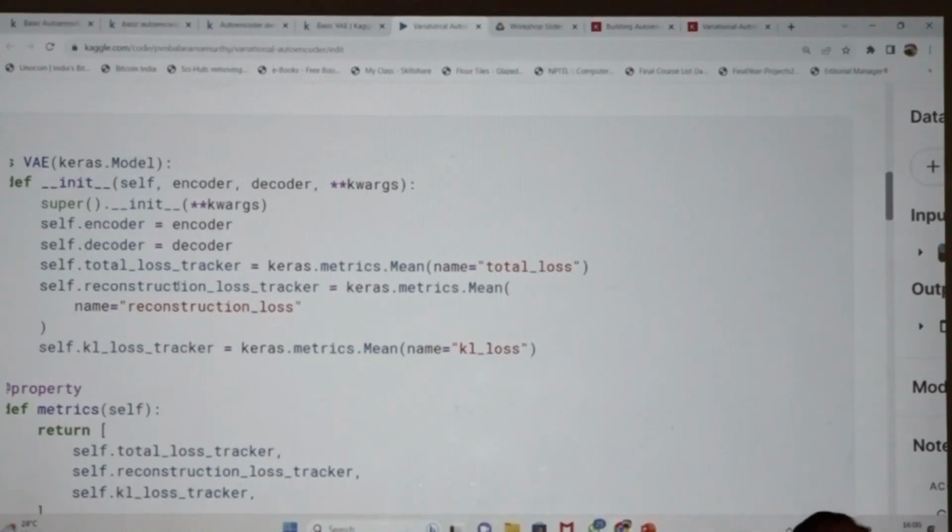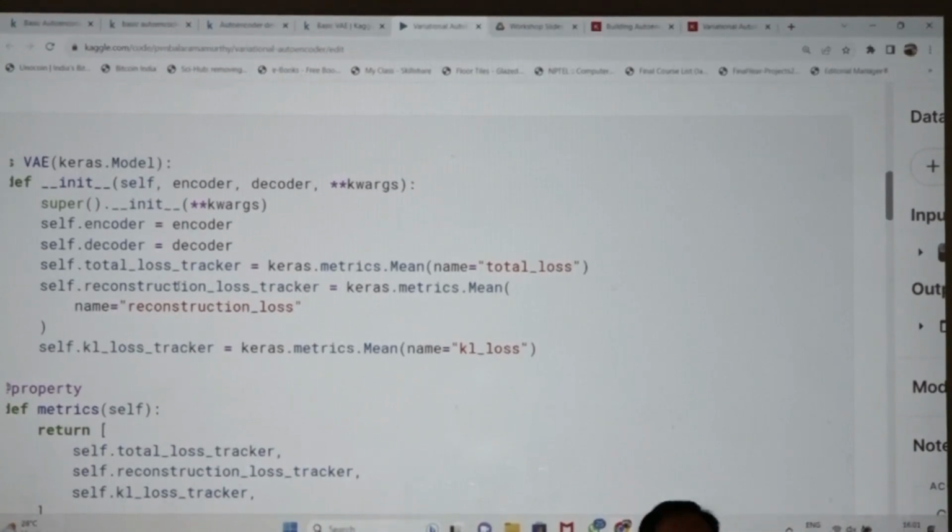This function is called every time you fit the model and the training is progressing. Sometimes it is better to define the loss function inside that function. We can override it and define our own loss function for the optimizer, not only gradient descent, but any optimizer. So you can define that here.